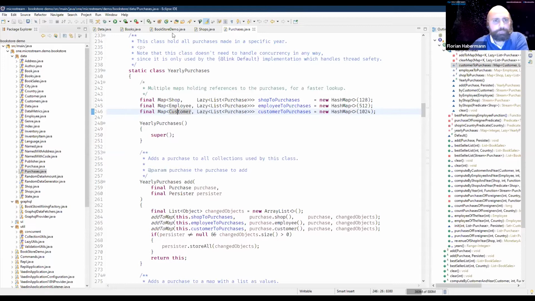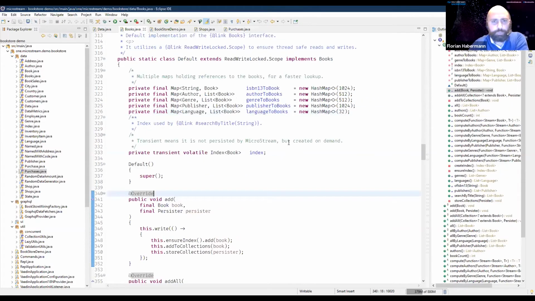For books, we have a different approach with a lot of maps as well. For example, the ID of the book is the ISBN. So we have a map with ISBN to book, or author to list of books, and stuff like that.